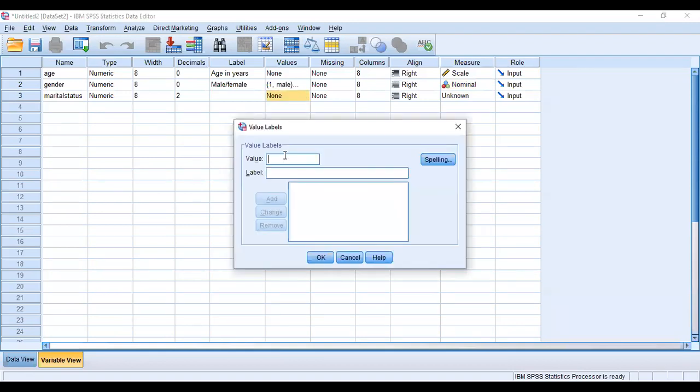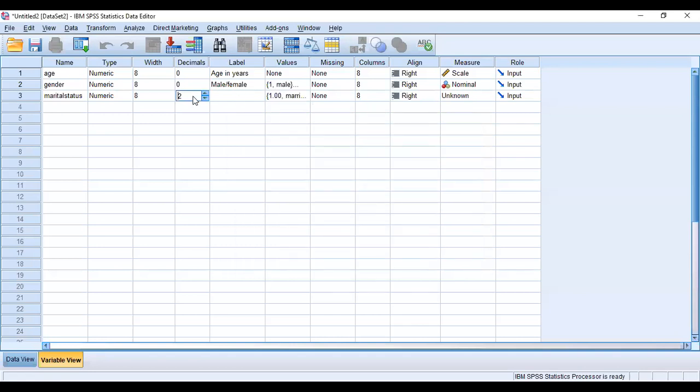Say 1 is married, add, then 2 is unmarried, add. Done. Again, decimal, let's keep it 0. This will also be nominal. So this is how you do the demographic information.